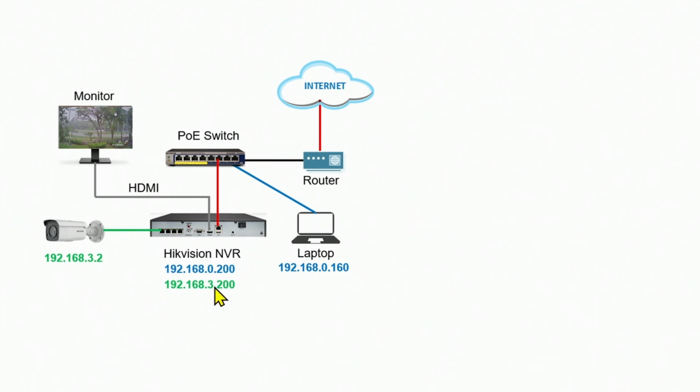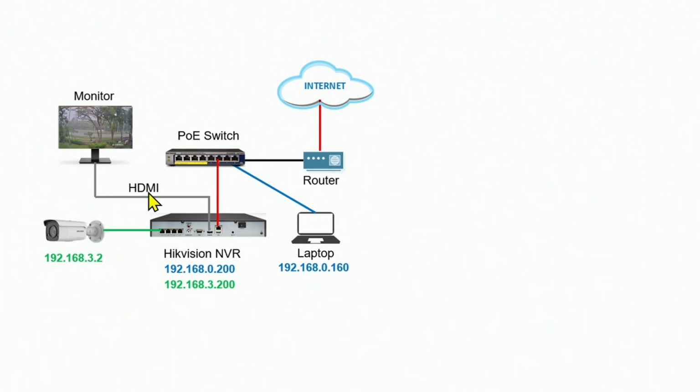So every camera that you connect here is going to get an IP from the NVR on this range, 192.168.3. something, right? The NVR has an extra IP, the 192.168.0.200, for example. It's the one that connects to the PoE switch and connects to your computer and to the router, right? But that's not part of this explanation today, right? This is for another video. Right now, just understand that you're going to use this IP here that's given by the NVR to the camera,